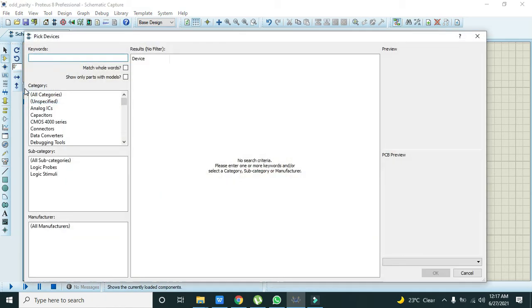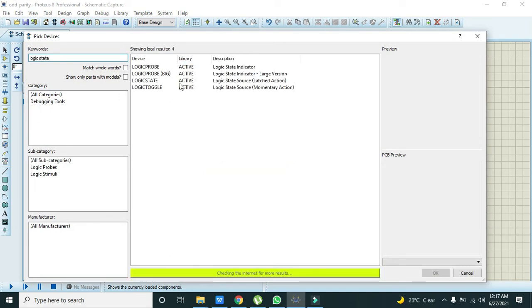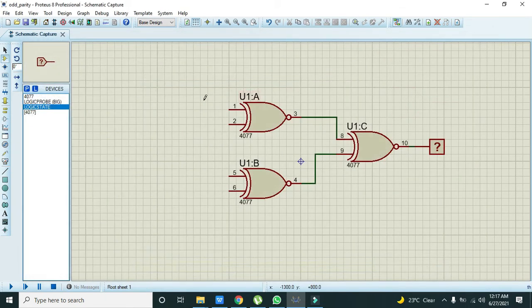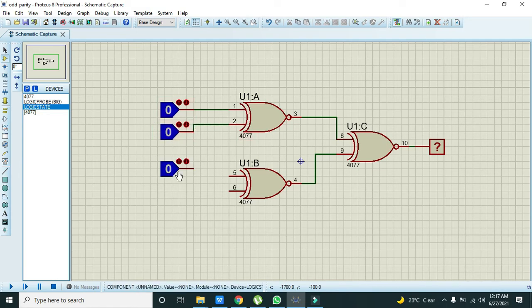Now we need to take the logic state. Now you need to connect this logic state with all four inputs, because it is a 4-bit parity generator. Okay, now we have 4 inputs and 1 output.